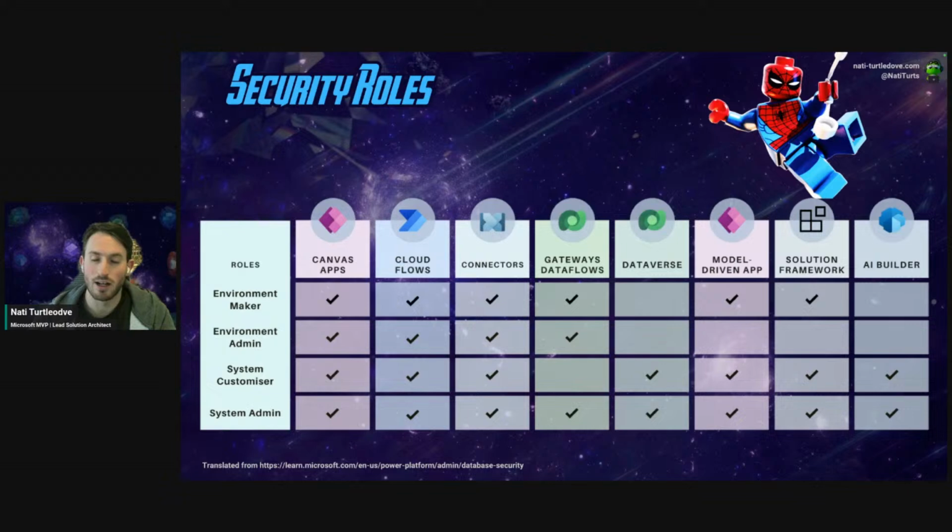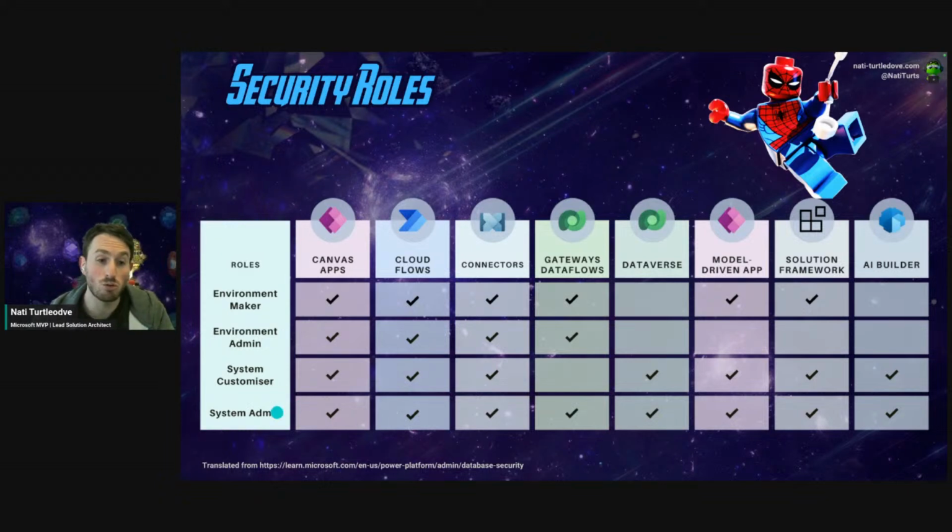And these are probably amongst the other couple of dozens of security roles that you see on a daily basis, such as the approvals user, your basic user, your card user, all those security roles that you can interact with. And again, similar to our environment maker, our system admin has access to create canvas apps, cloud flows, manage environments, but we can now also create Dataverse tables to interact with Dataverse data, create various standard tables, virtual tables, whatever you need to create.